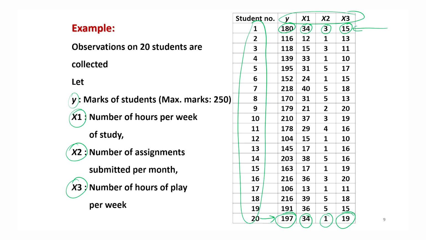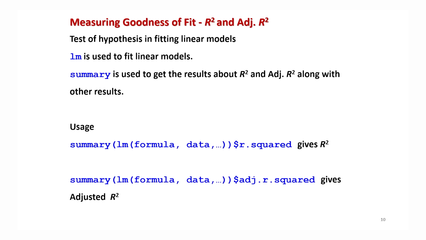So now we already have obtained the regression model, but I would like to show you how to get this R square and adjusted R square. It's not difficult. As you know, we have used the command lm to obtain the linear regression model. Then we have used the command summary, in which we obtained the confidence interval and test of hypothesis. In that output, there was another outcome about R square and adjusted R square, which I said at that time I will take up in a further lecture. So this is the place where I'm now going to address it.